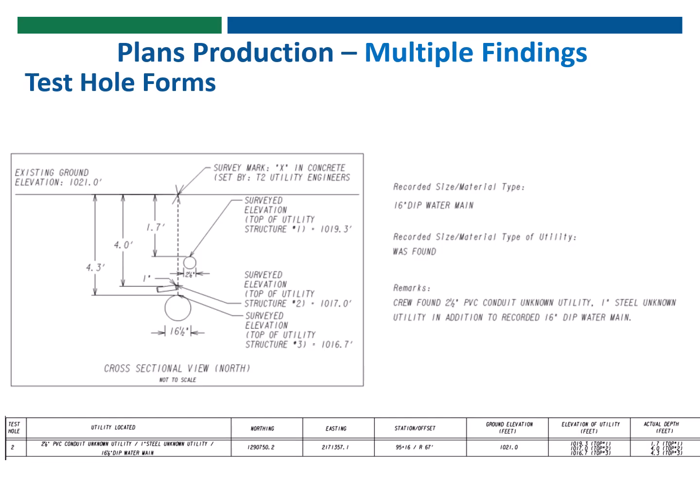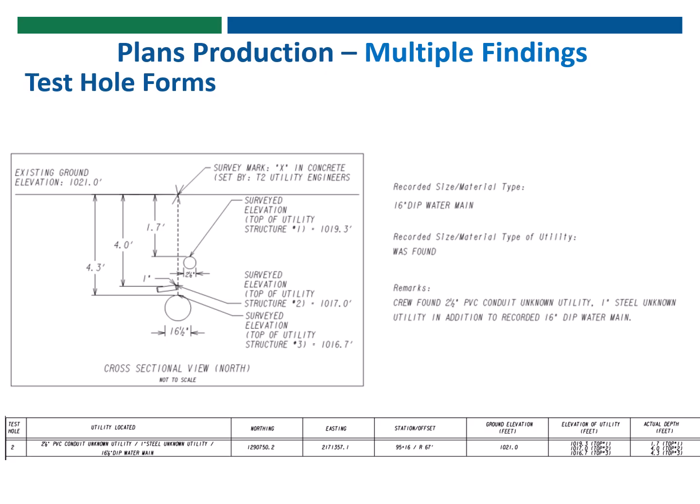Another example of multiple findings in the test hole form. In this example, the crew was asked to find a 16-inch ductile iron water main, and during their investigation, they found a 2.5-inch PVC conduit unknown utility and a 1-inch steel unknown utility, in addition to the recorded 16-inch ductile iron water main. And in the cross-section view, you can see that all 3 utilities are shown, and the top utility